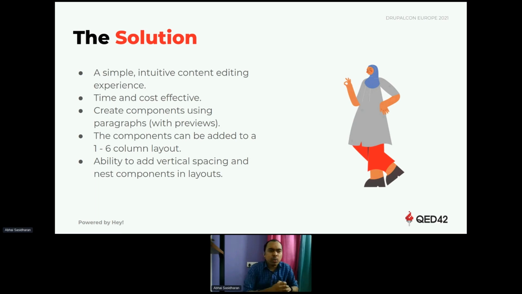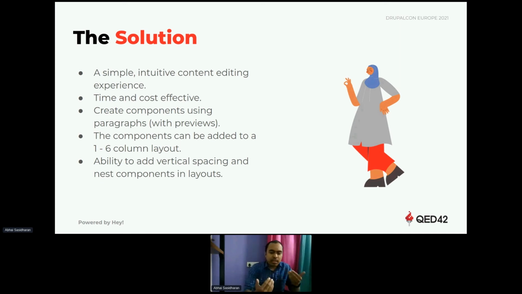So we wanted to accommodate that aspect as well. Initially, we decided to use paragraphs, using Bootstrap as the base theme. We use paragraphs to provide layouts, 1 to 6 column layouts, and inside those columns we define other paragraphs. We create components using these paragraphs, like a text component, a video component, an image component. And now we already have so many options. You can add any, like, 2 column layout, left side image, right side text, and so on. The variations are